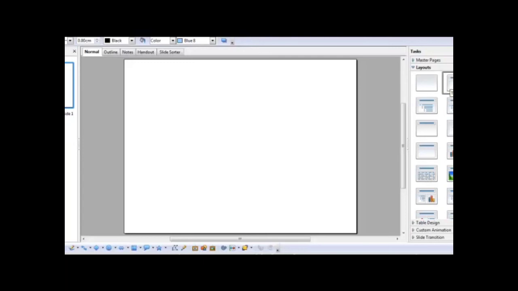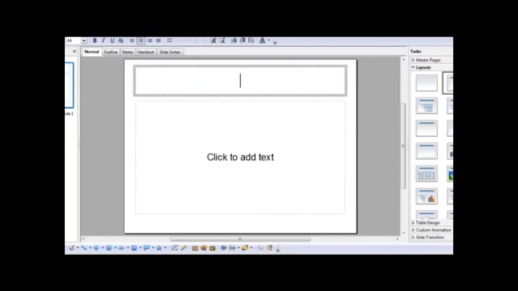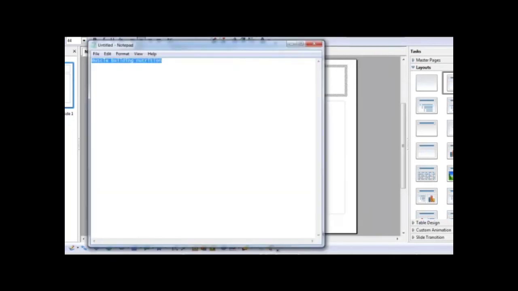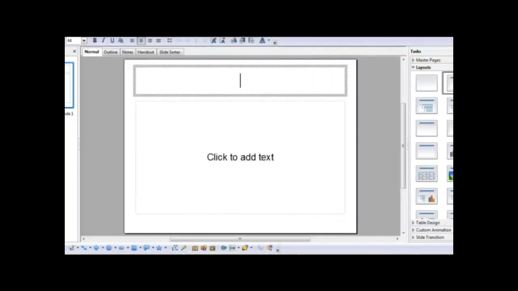And for the layouts, you want to start with the title slide. And here it says click to add title. So for the title, we're going to use a keyword. In Notepad earlier, you should have collected a list of good keywords to use after doing your keyword research. Right now I've only got one, but you should have a list of about 10 or 20, or just for every video you're going to make. So my title is muscle nutrition,